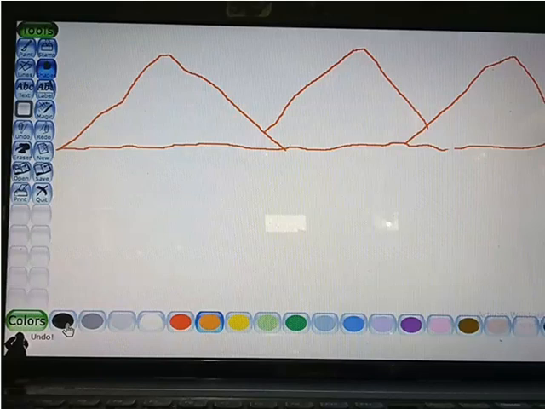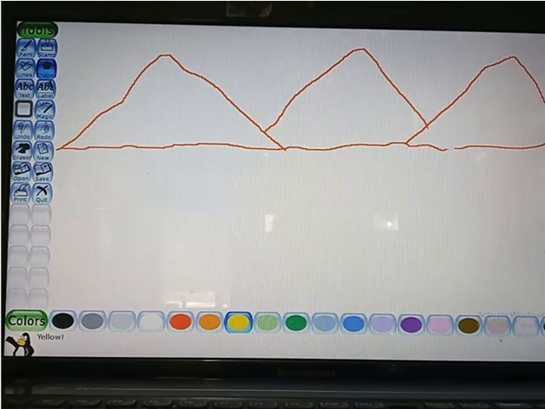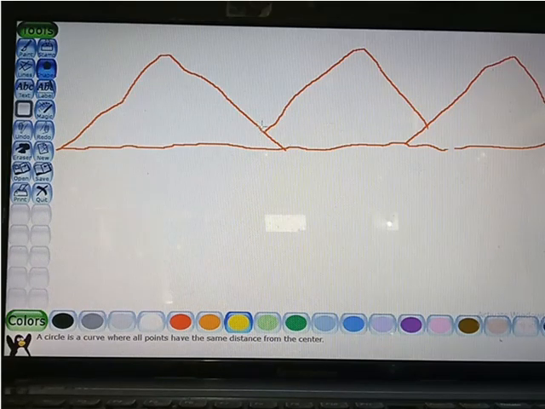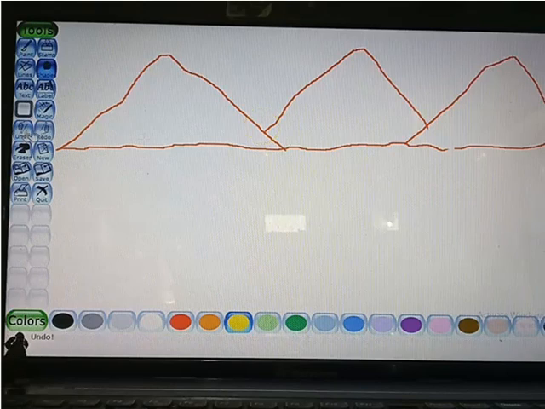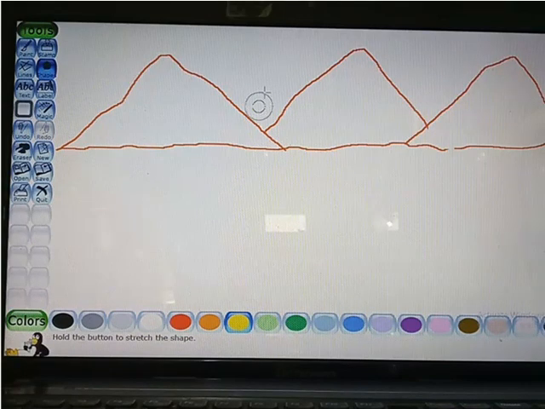So let's choose another color, yellow color I am choosing. And I am taking the shape, circle shape only, and suppose here I want to draw. Not here also, slightly up. Okay, this one.